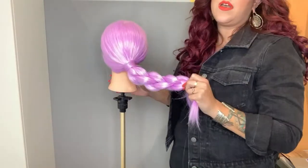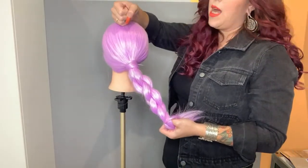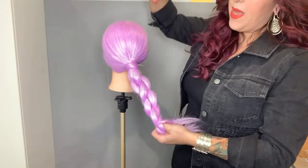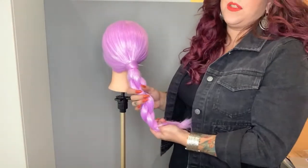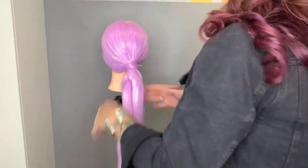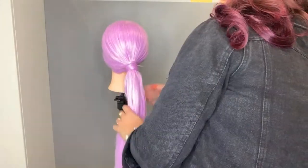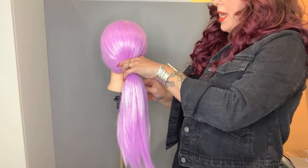I actually used it on one of my colleagues when we had our holiday party. I did her hair really, really high, and she had a big thing of obviously fake hair, but it went down to her butt, and it was just a beautiful chain link. It looks so great. Okay, moving on to our last braid,